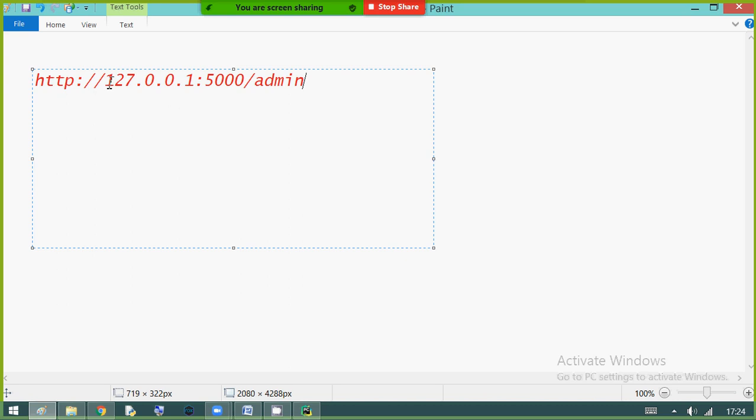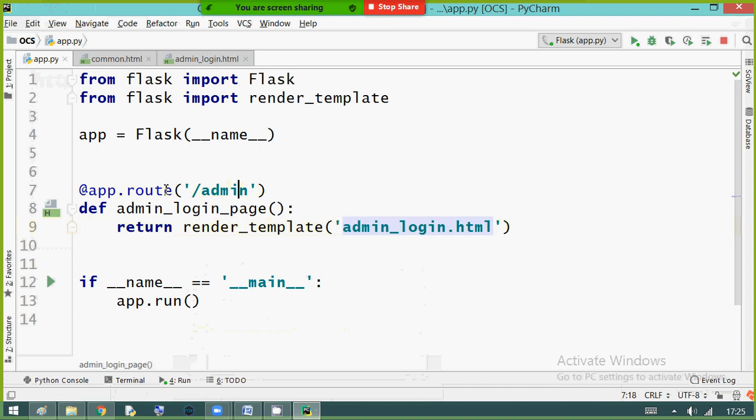Right. 127.0.0.1 is the local IP address, or you can say localhost. 5000 is the port number of Flask. Admin is my URL route that I have written in my program. URL route, that is my admin.